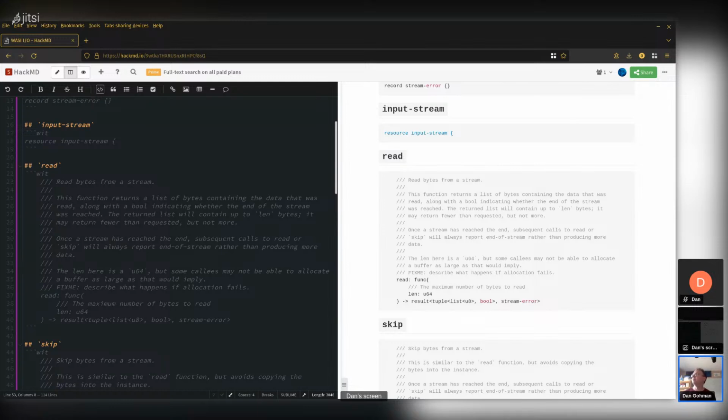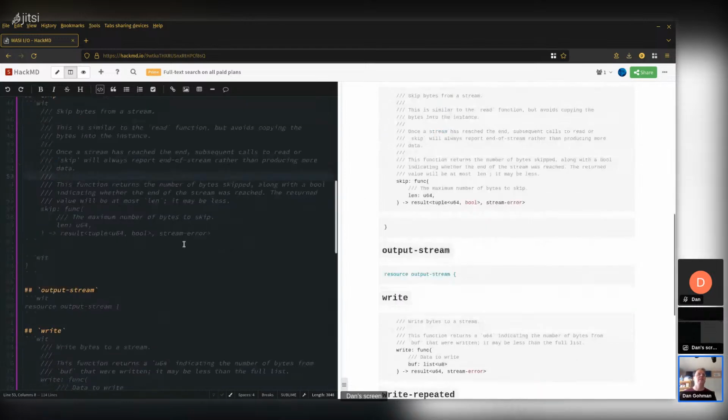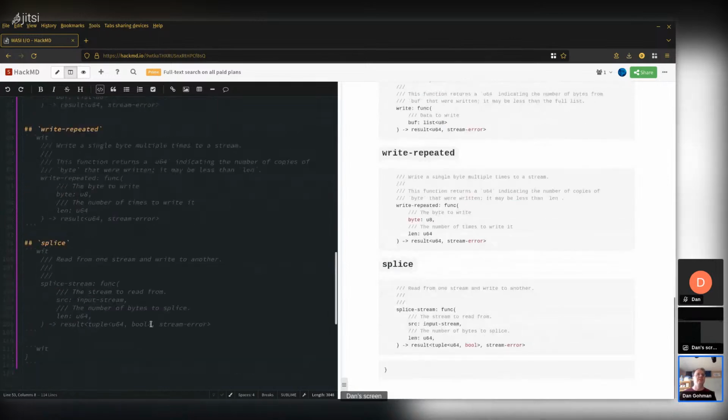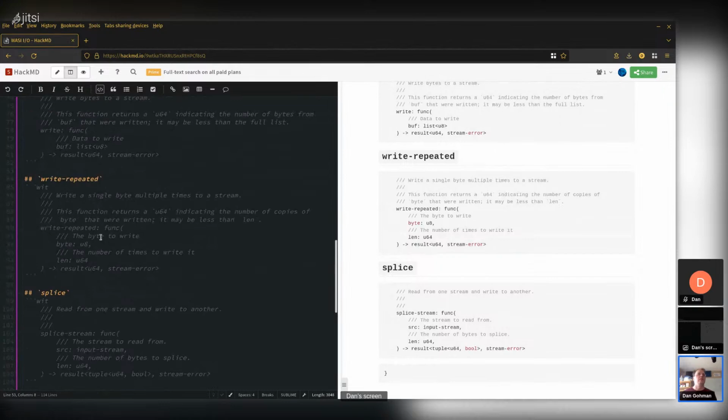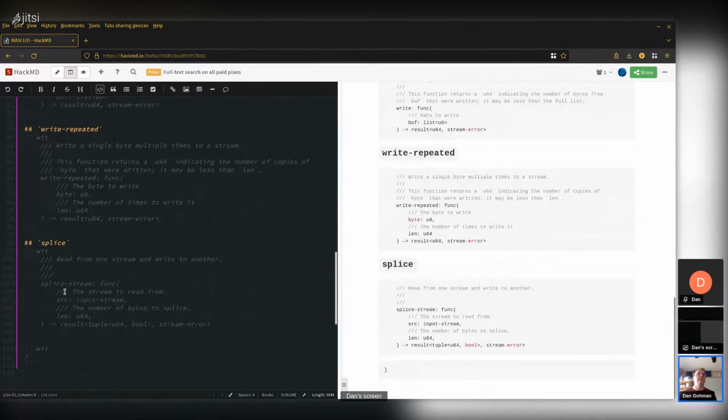Which, maybe that's okay. I'm actually thinking this right now and thinking that maybe we can just add a forward function here. Splice stream. Repeated splice. In fact, this doesn't need to be called splice stream. When we have resources, we don't need to append stream to all the names because it's methods essentially. So let's add forward function.